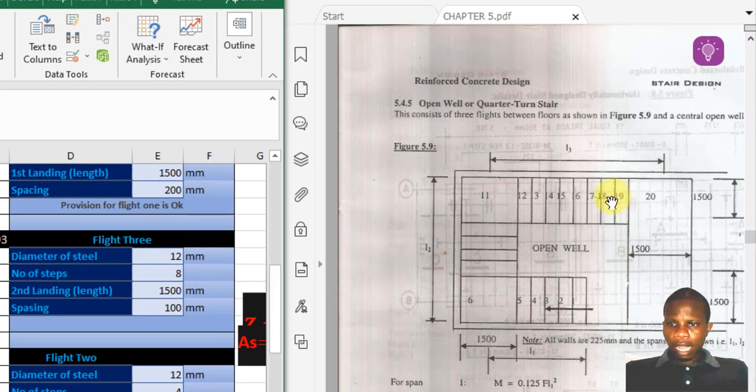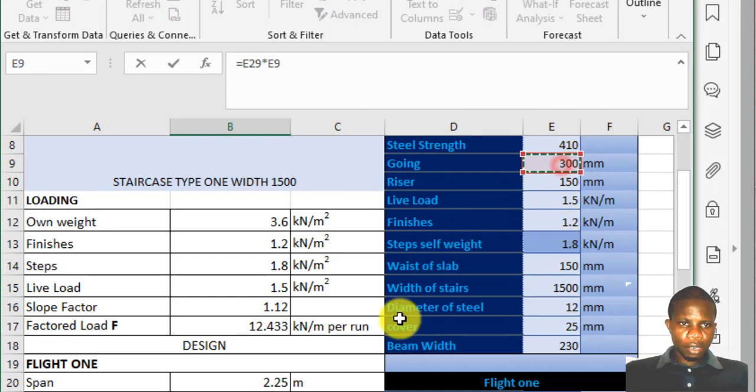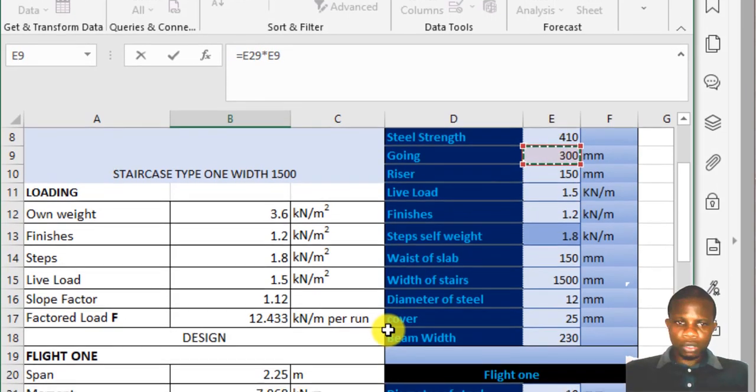Flight 3, look at this. We have a step plus half landing here, so we have to take care of that. So the span will be equals to what? We will put flight 3 Ds times the going, plus